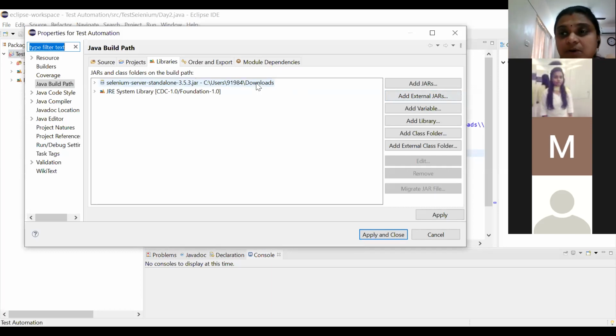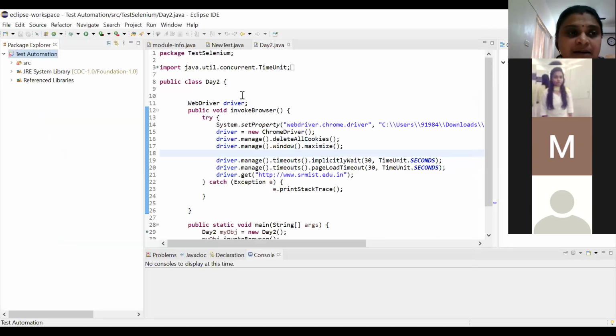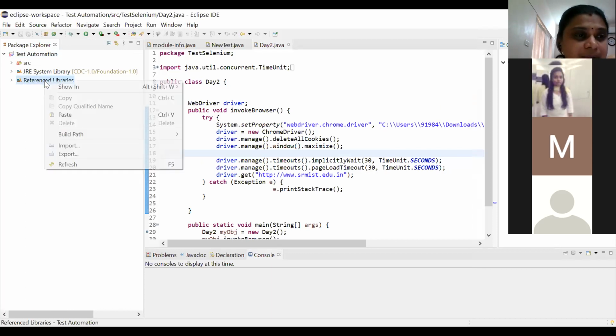Once you install, go through the document where the installation step for Selenium is given. What is important is go and install Selenium server standalone latest version. This is the latest. That particular path you can give there. Once you do that, you will get something like this. I've done that already. Then you can see, as part of your referenced libraries, this entire Selenium jars which is being used here. So 1 minute.